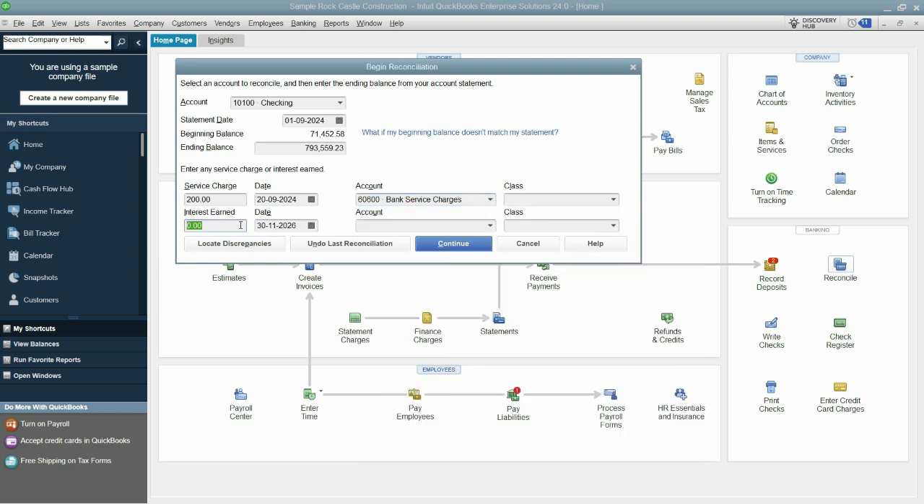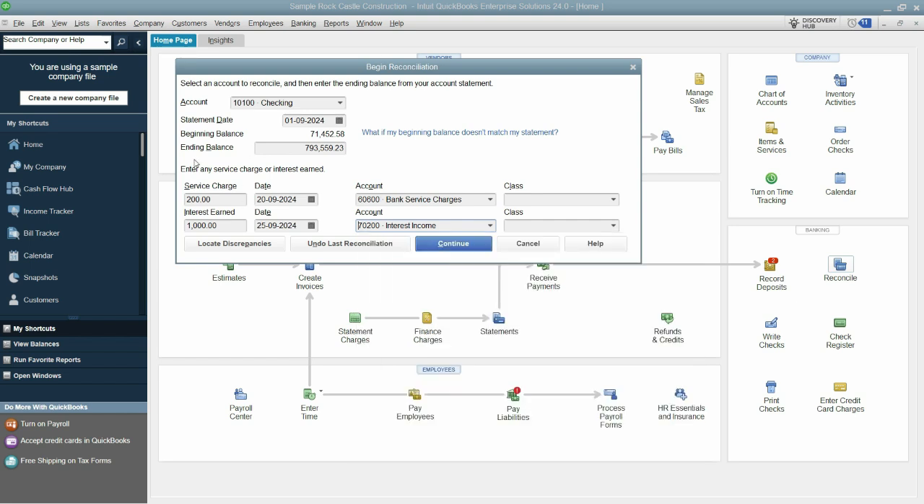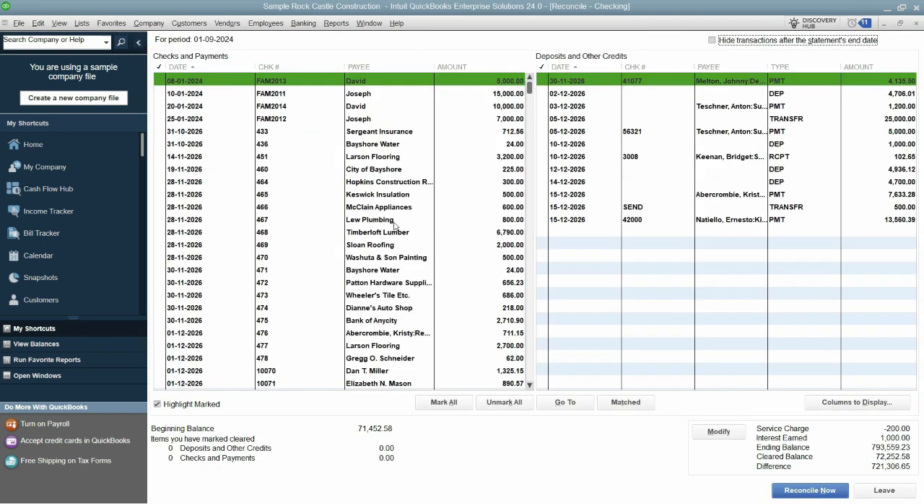Similarly, the interest earned. You might already know that what amount you will receive every single month as an interest. So let's say it's $1,000 that you will be receiving, and the date is, let's say, 25th of September 2024. Now this one, you will mention here the interest income. Just write interest here, and you can select it under the other income. Now when we successfully mention all of these information, the next step is simply continue, and it will open all